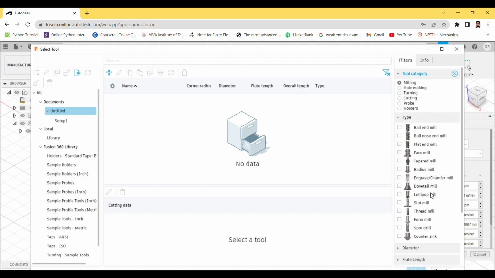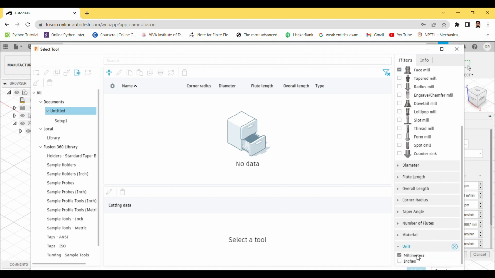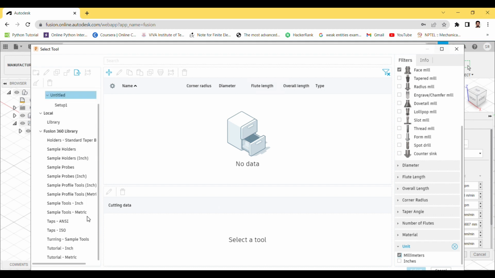Now the type of tool that will be used for facing is my face mill. So from here I will select the face mill option. Below, no more settings I am going to change. Under unit I am going to select millimeters. Then there is a Fusion 360 library over here. So let me check whether there are